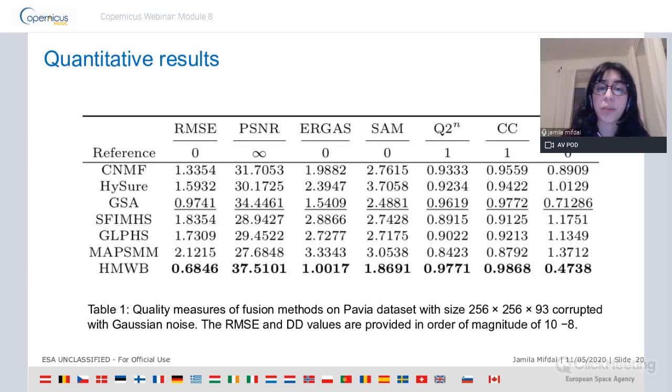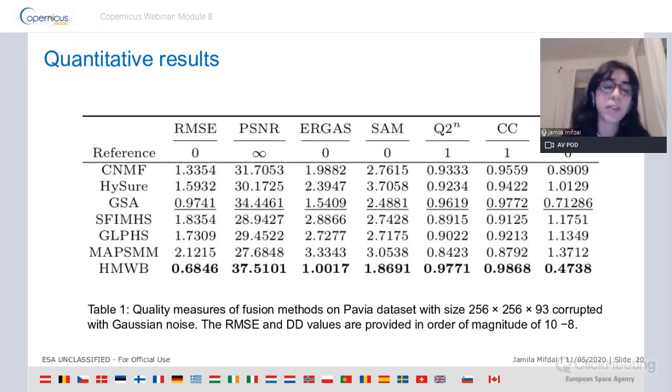SAM is the spectral angle mapper. Q2N measures the quality of fusion as well. CC is the cross correlation, which measures the spatial quality of the fusion. And DD is the degree of distortion, which measures the distortion in the spectral domain of the fused image. So we can see that for all these measures, our method performed really well. And yeah, in all the measures, it overcame the state-of-the-art methods.